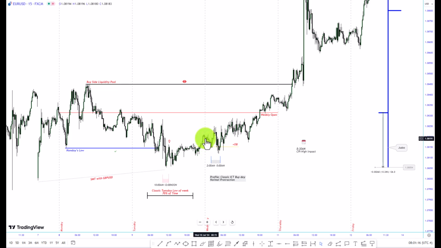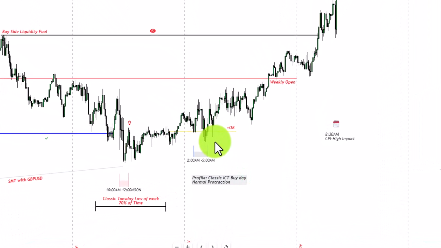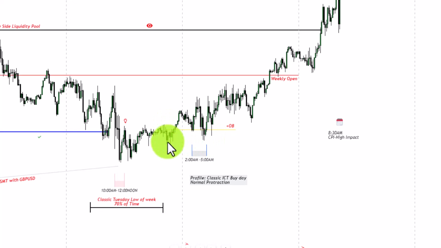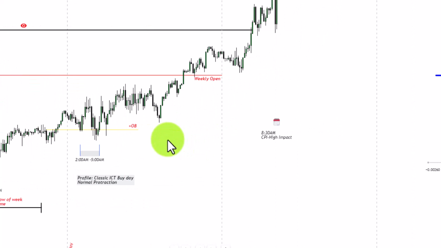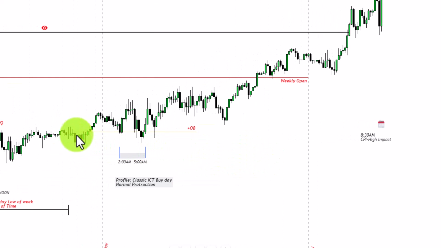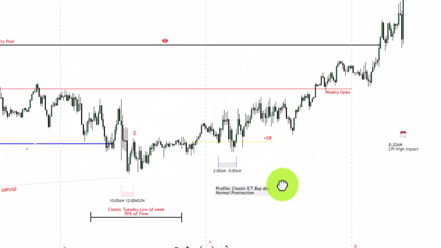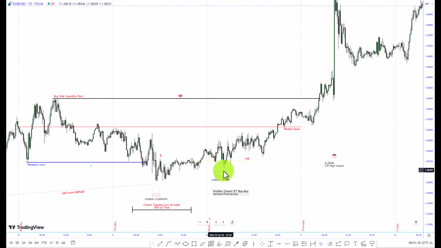So the market opened, declined below the opening price, gave us the low of the day, which was a classic buy day. It's a normal protraction because we had the Judas swing to the downside inside this particular bullish order block, this black candle over here. And the market found some sort of support over there. Inside, of course, time and price is very, very key. It has to meet time first, then price gave us the low of the day, then gave us a rally, took out this particular liquidity pool.